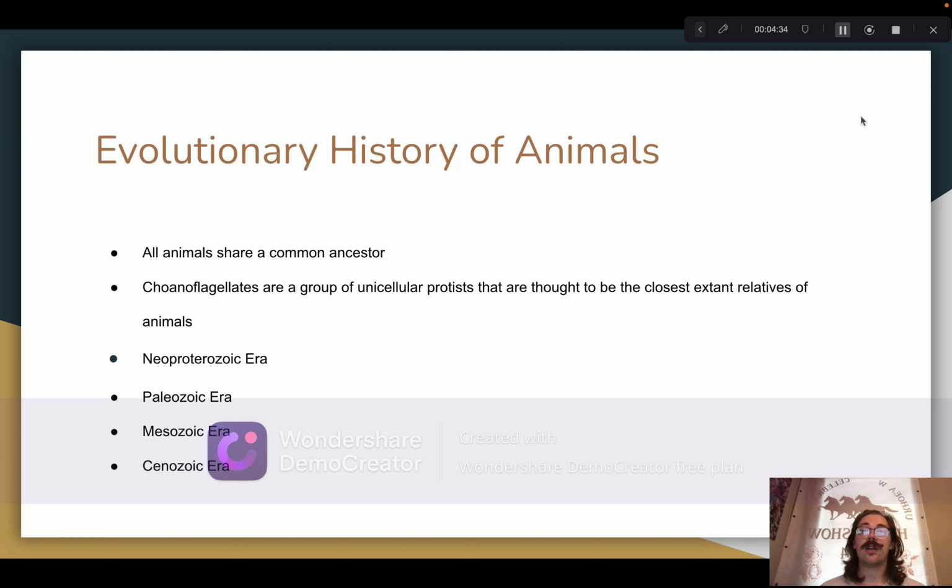The Paleozoic era. The Paleozoic era, like the other eras, is separated into smaller periods of time. One of these periods is known as the Cambrian period. And in the Cambrian period, a very significant evolutionary event occurred known as the Cambrian explosion. The Cambrian explosion was an explosive period of evolutionary change